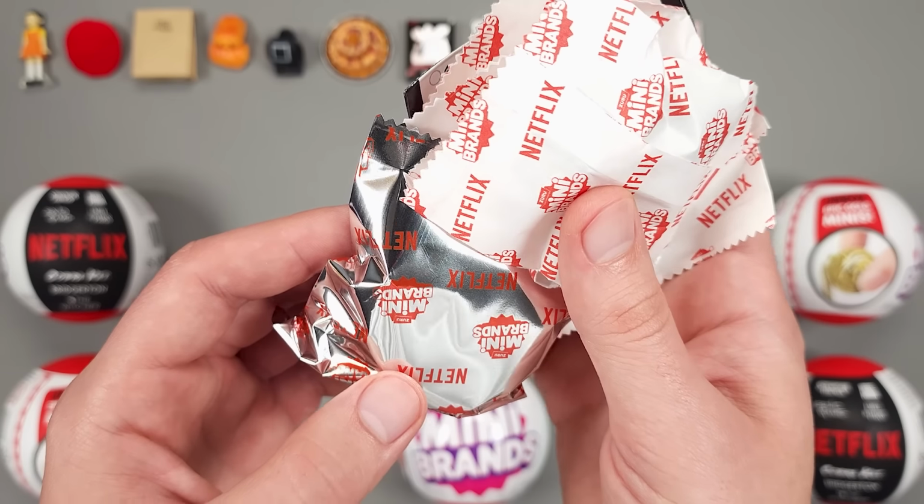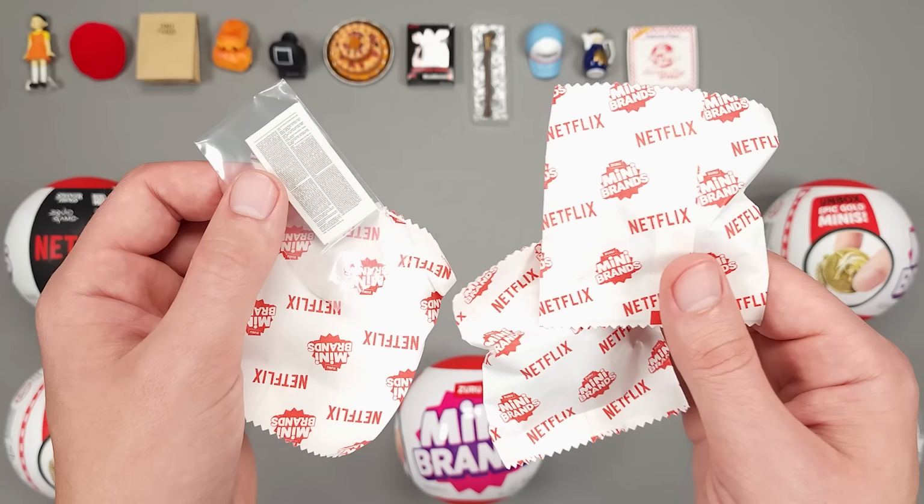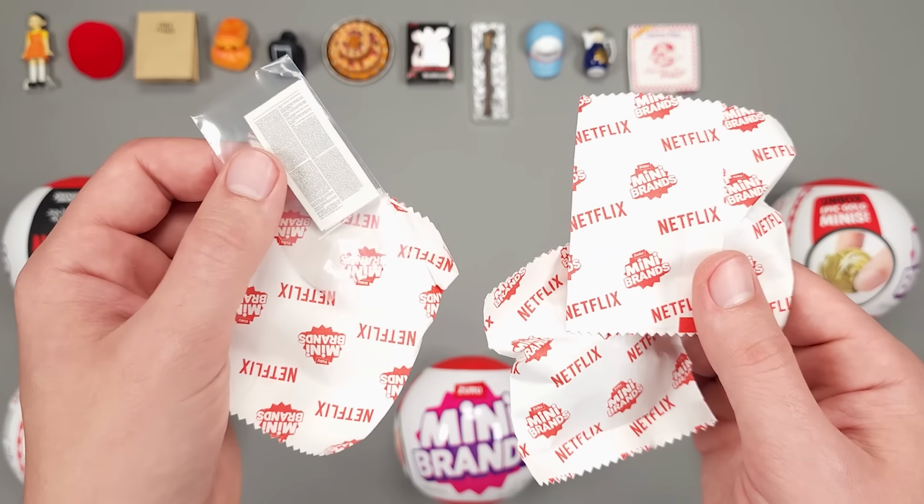There's no way we got another scented one. Oh, and we got one that's out of the pouch. Okay, well, never mind. I guess the clear baggie is actually considered a pouch because we have 5 in total. So I think this is like a